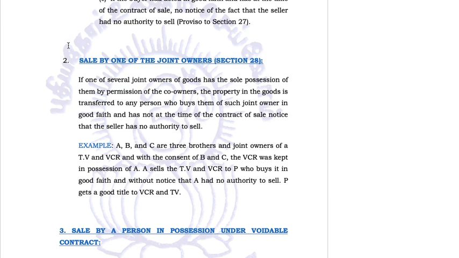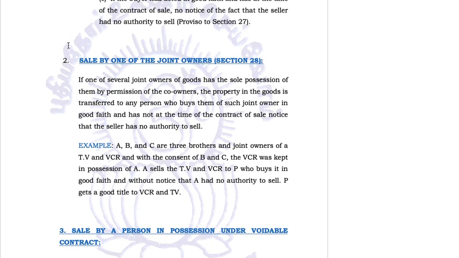sorry, the property here is movable property. So take the example of a car. You may do whatever you like with the car. When he sells that car, it shall be presumed that he has made a valid sale if, at the time of making the sale, the buyer had no notice and did not know that he is not the actual owner of the goods.